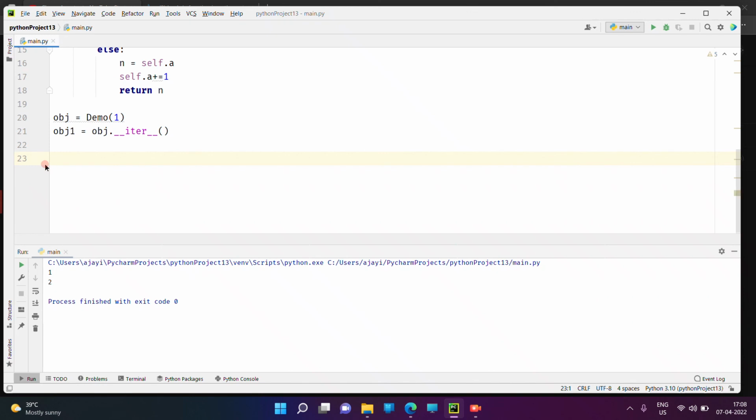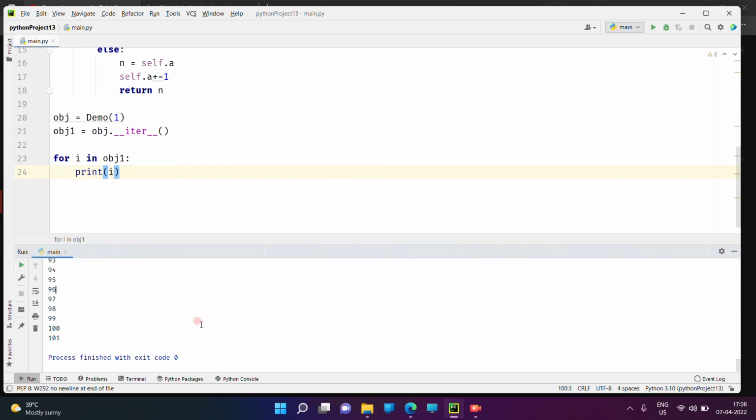Now we'll get all elements from the iterator by using a for loop. I will use for i in obj1, and simply print i. The for loop is used for iteration purposes. It iterates over all objects from the iterator as long as items are present. Once the objects end, it terminates the loop by default, right guys? You can see we have returned all numbers from 1 to 100